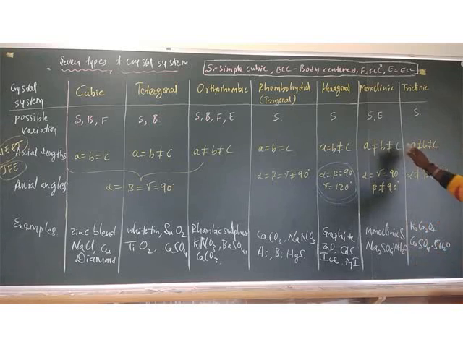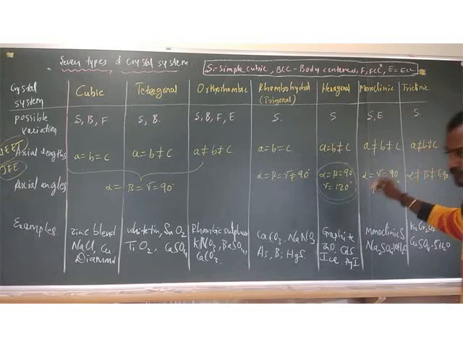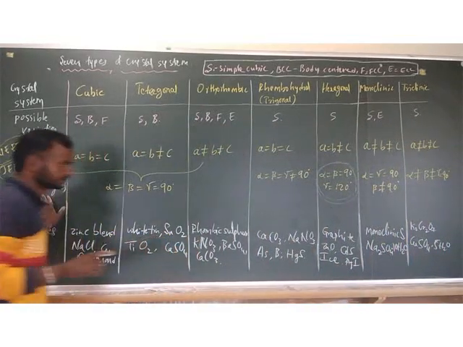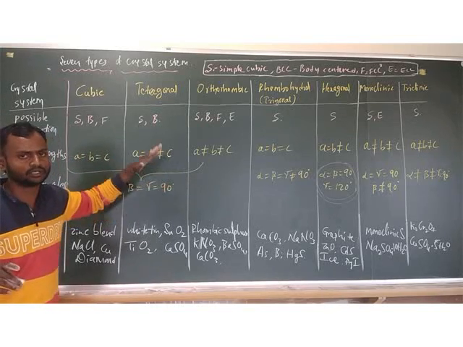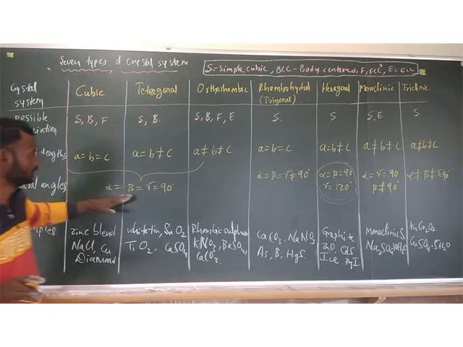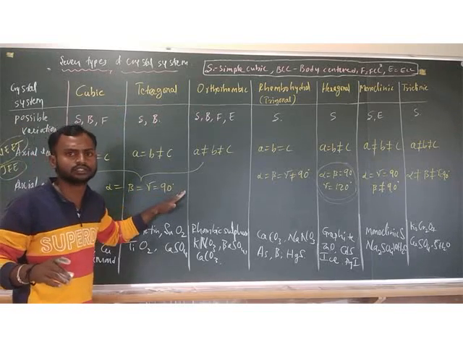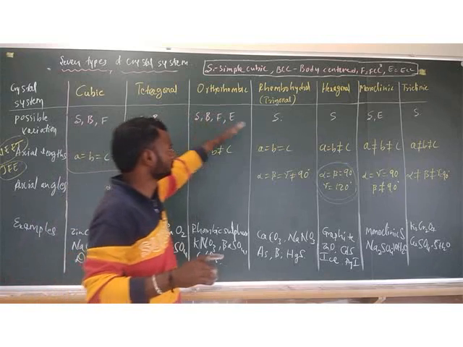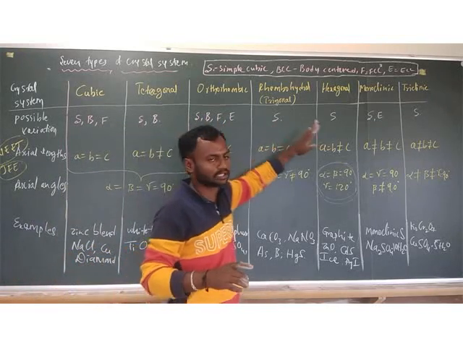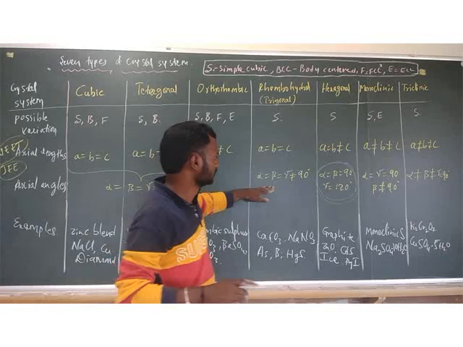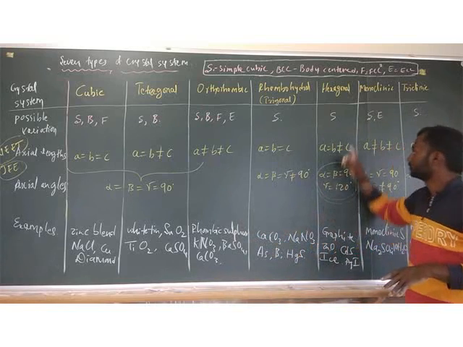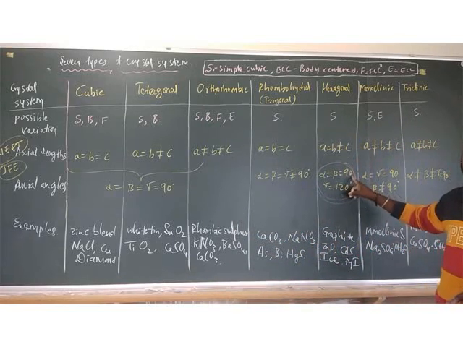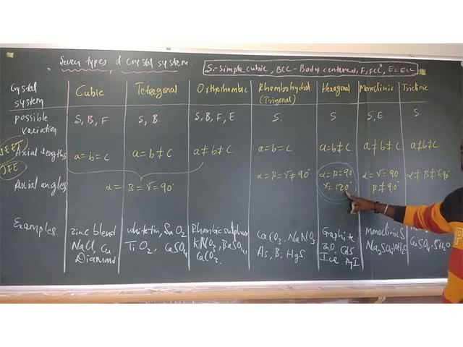And this is the exceptional case, where edge lengths are not equal as well as axial angles not equal to 90 degrees. And angles are very simple. In case of CTO, cubic, tetragonal, orthorhombic, alpha equals beta equals gamma equals 90 degrees. Next, rhombohedral, hexagonal, monoclinic and triclinic: alpha, beta, gamma not equal to 90 degrees, and in case of hexagonal, alpha equals beta equals 90 degrees, gamma equals 120 degrees.